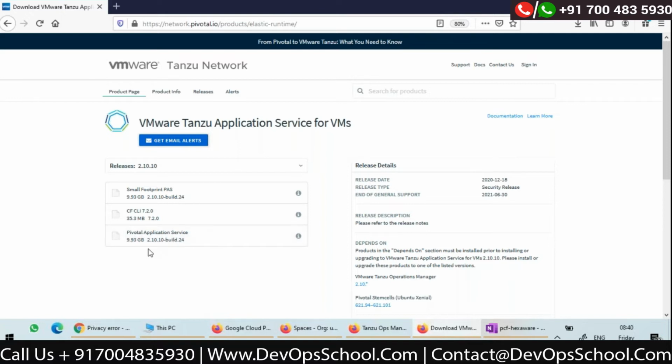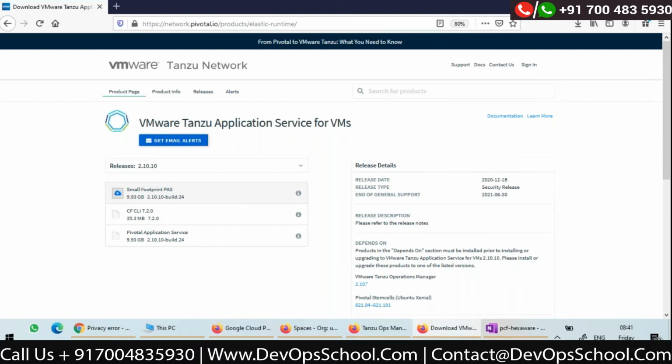But my infrastructure cost will shoot up, right? So normally for doing any POCs or whenever you are installing Cloud Foundry for development purposes, small footprint PAS is recommended. What it will do is merge 2 or 3 components into a single VM.